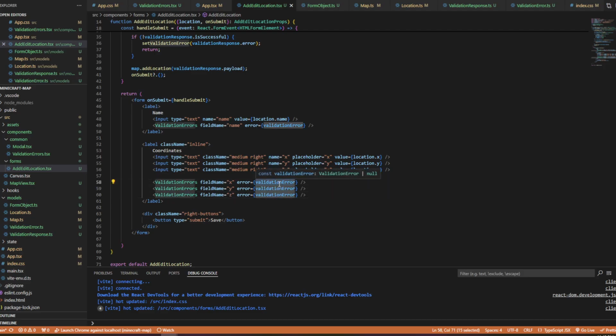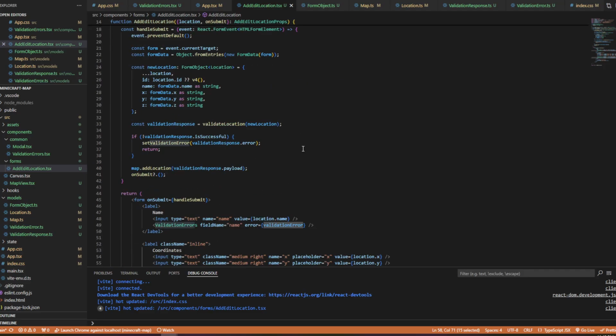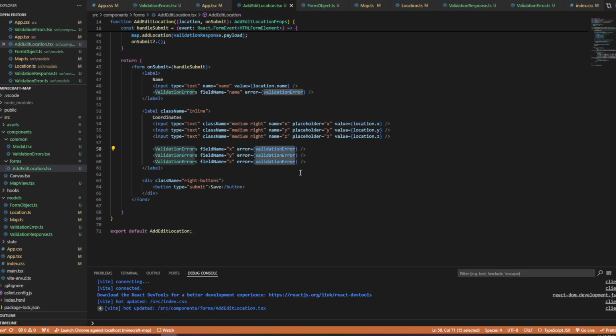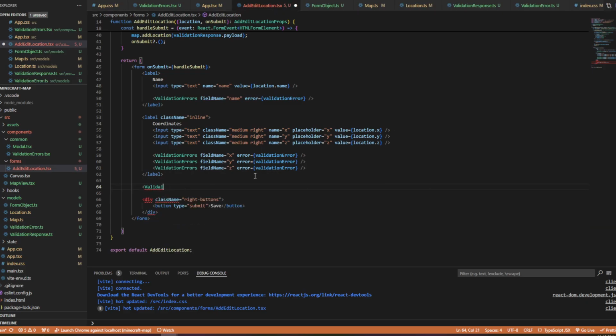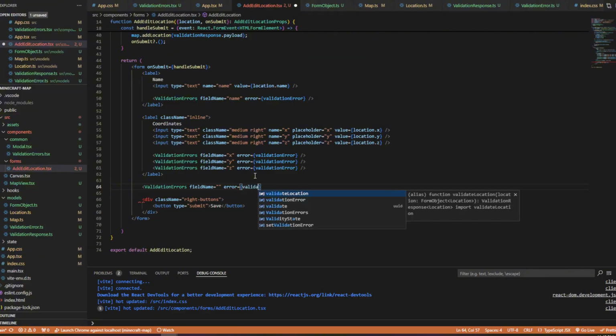Now, I'm passing this in as a prop. I could somehow push this up into a context. Might make this a little bit cleaner, because then you just have validation error field name equals X. But this is fine. I mean, we know what this is. So I'm just going to leave this as this. And then we also, I think, want to have validation errors for field name equals empty string, and error validation error,